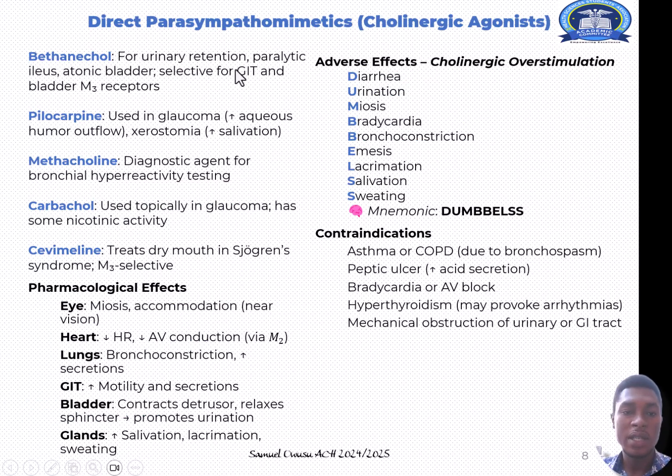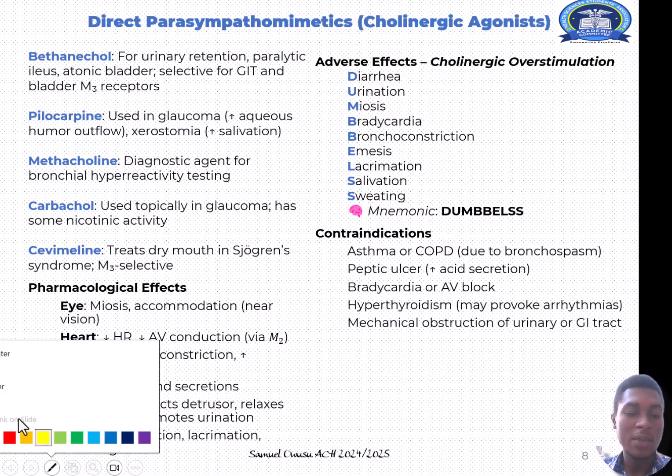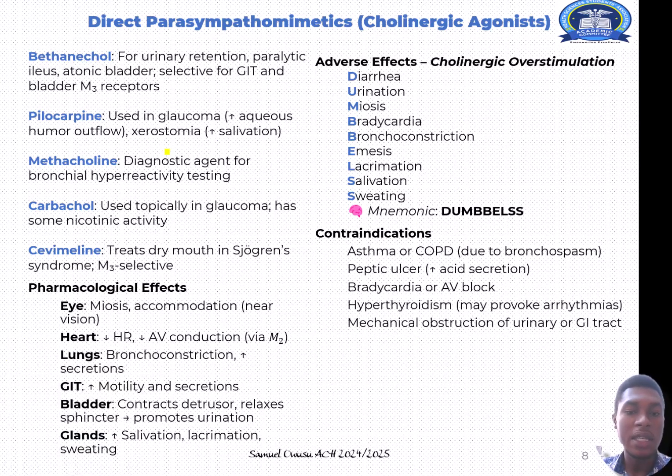Still on the agents, these are the therapeutic uses of these agents. If you take bethanechol, bethanechol is used for urinary retention and then paralytic ileus. You may want to take note of paralytic ileus because that is what mostly they bring in the test. Okay, so bethanechol for urine retention and then paralytic ileus, and it's selective for GIT and bladder muscarinic receptors,